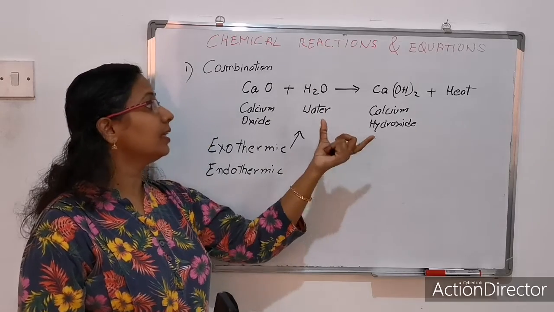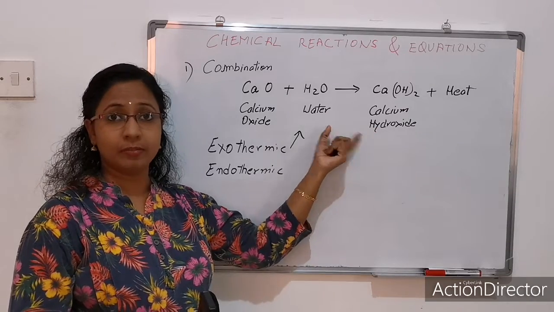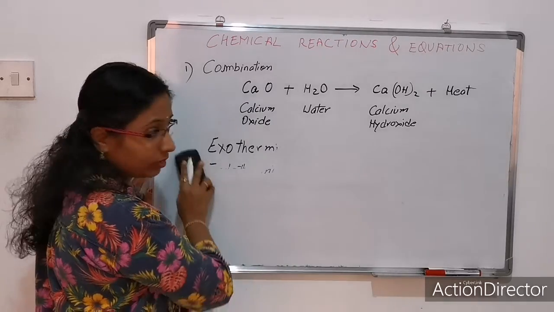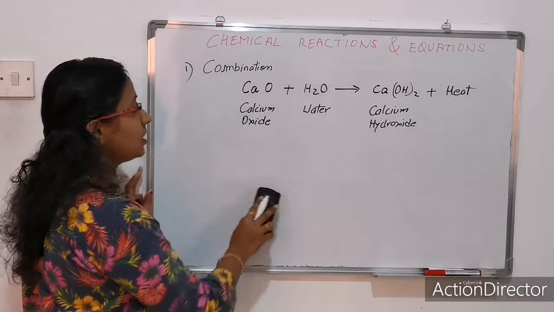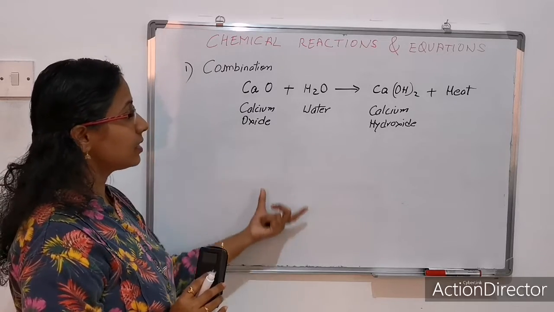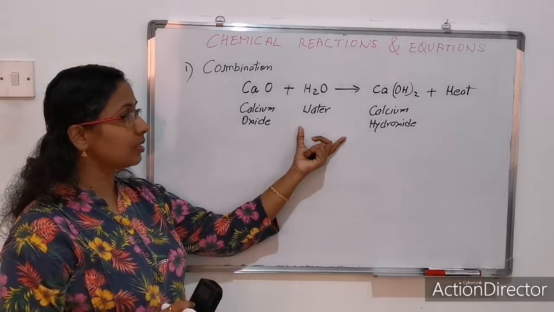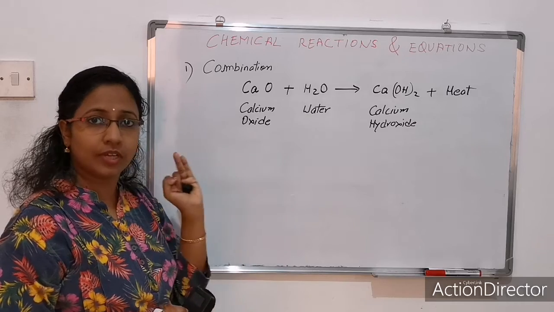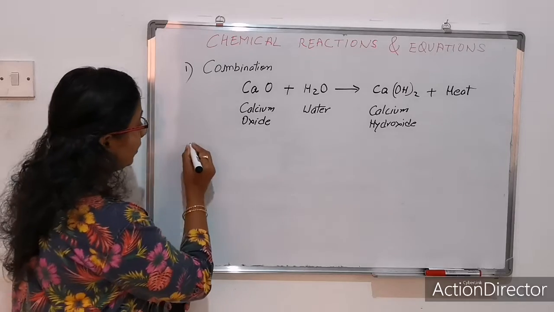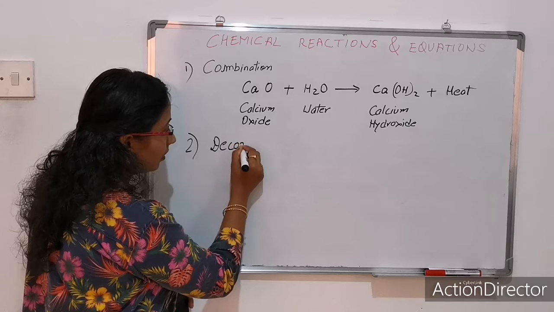And other than that, third, the equation is very important. Now why it is important, you will learn in the next chapter. Okay, I am not adding that also just because I don't want you to get confused. Okay, so let's just deal with the types now. Okay, so when this equation is learned, it becomes an example of combination and of exothermic. Now second, what is the second type? It is decomposition, right?